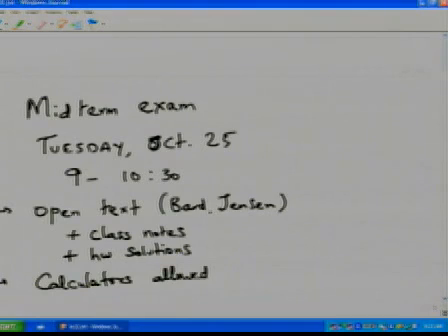Okay? So this is just to take pressure off of you, in the sense that you shouldn't feel that you have to remember lots of little things. Okay? But the exam will test your understanding. So as long as you understand the methods and why they work, it should be easy enough. Any questions about this? Okay, so